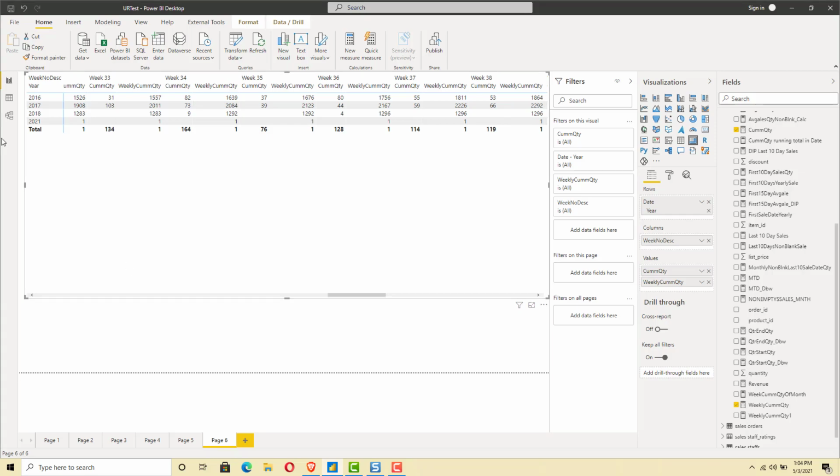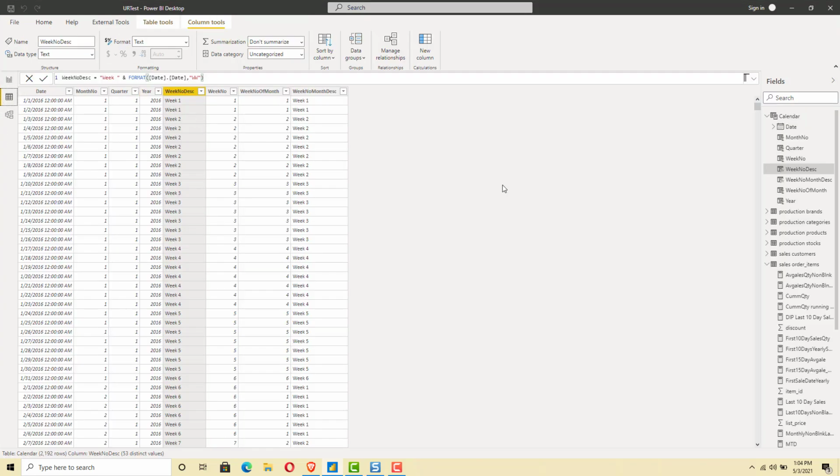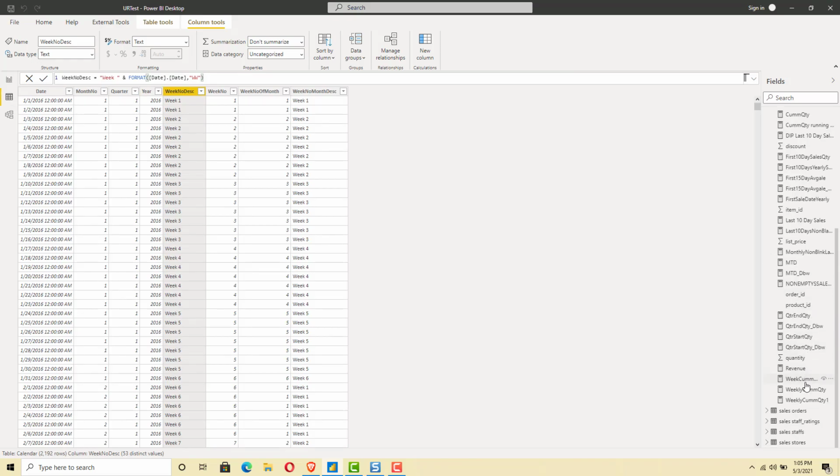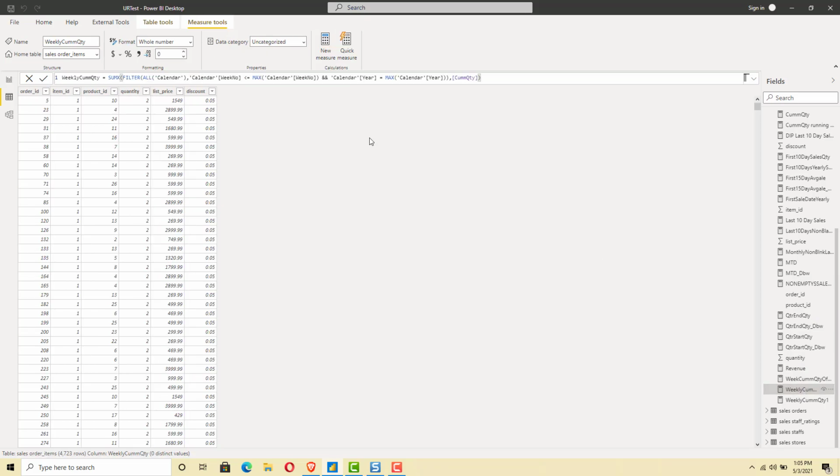And now if you come back and see the yearly level measure that we have created, it will be much easier than the monthly level one. So if you see the weekly cumulative quantity measure corresponding to the year, here we can use either calculate or sumx. So calculate of cumulative quantity, which is the sum of our quantity, which is the actual measure, and here the filter table will be much simpler than the filter table that we used in the case of month.